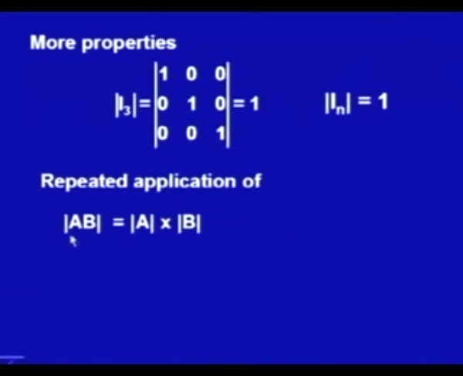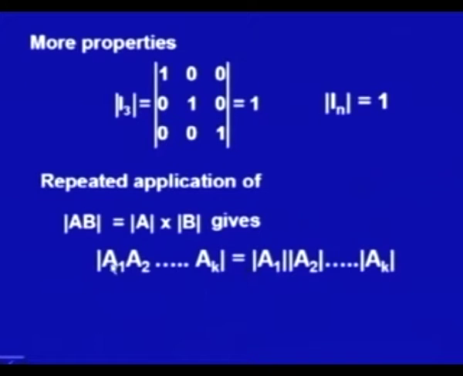And then of course, we have already proved the result that determinant of AB is equal to determinant of A into determinant of B. So, we can use it repeatedly to give the result for the product of K matrices. Of course, they have to be square matrices, they have to be of the same order, then this is equal to the product of K determinants. One has to be sure that all the matrices are of the same order and they are square, only then this result is valid.